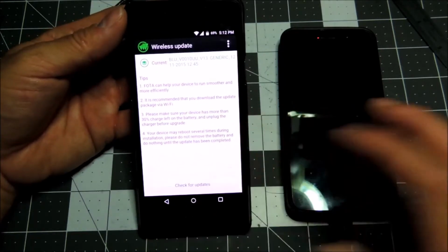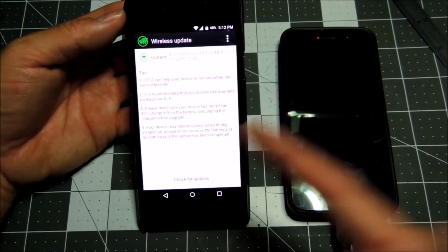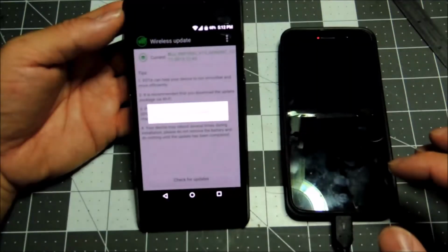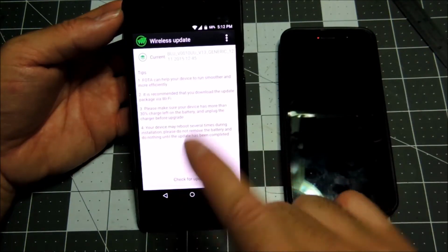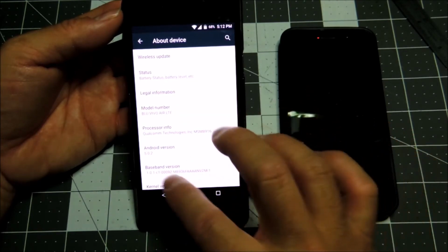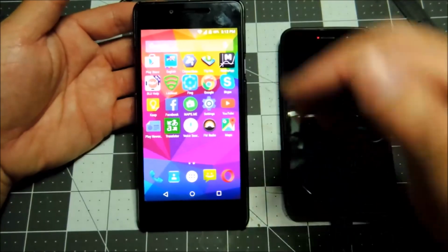So I went ahead and did that. Everything started working pretty good after that. It tells me your system is updated. System is currently up to date. So I'm hoping that they will keep working on that, and if they do, then